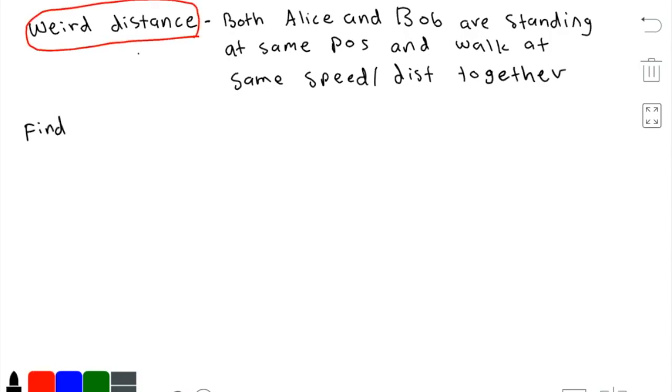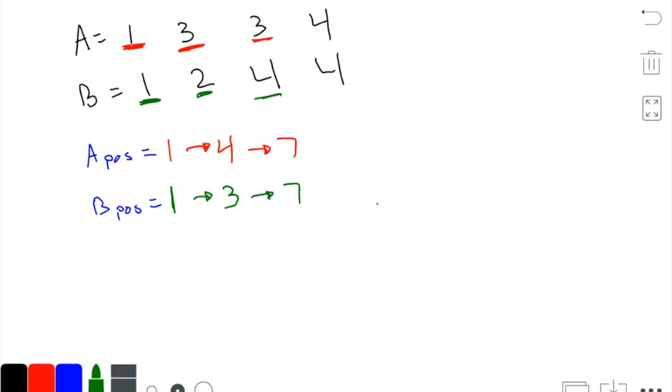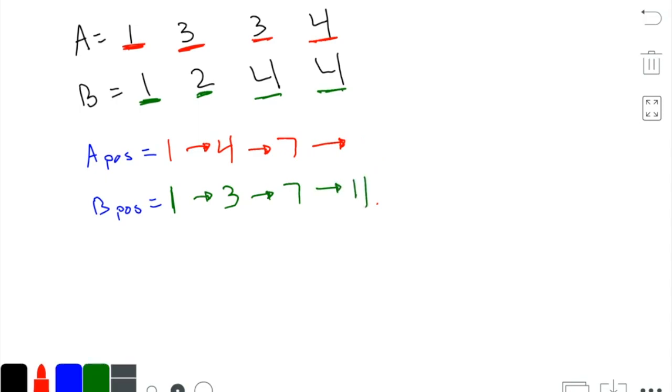Therefore, we only need to find the positions where Alice and Bob are together at the same point in time and walk for the same distance, which will be the same rate. Then we can add this distance to our total weird distance counter. We can then read through the arrays and keep adding the distance they walk, one by one, to their current position. If we find the position where both Alice's counter is equal to Bob's counter, we have to check the next constraint, which is if they walk together and for how long.